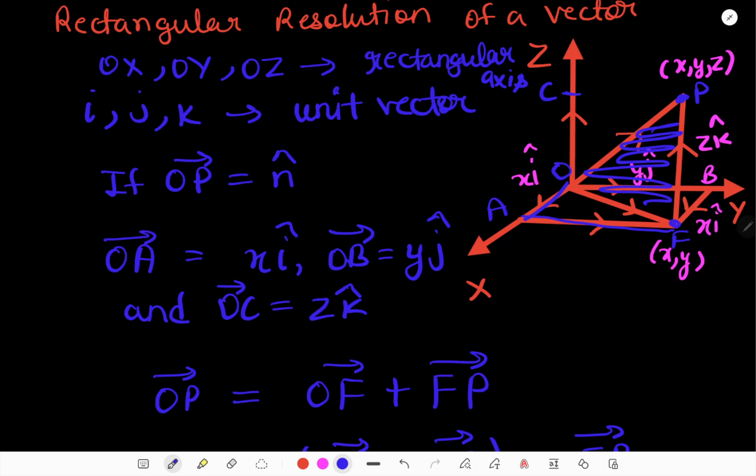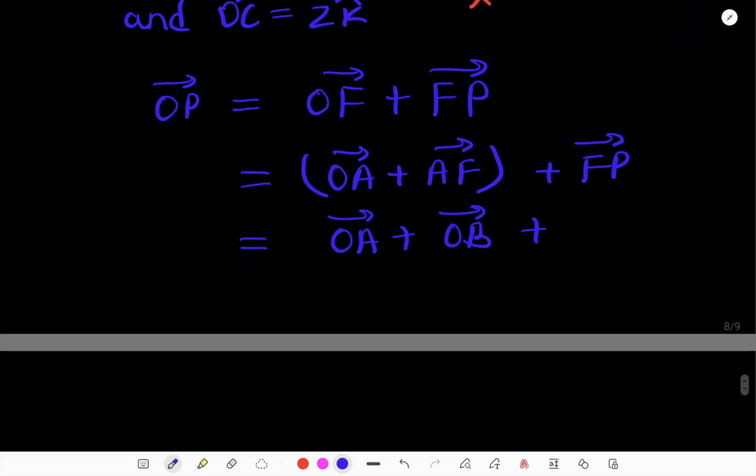You can see in the figure OC vector is parallel to the PF vector and both are in the same direction and having same magnitude. So we can write FP vector is equal to OC vector,